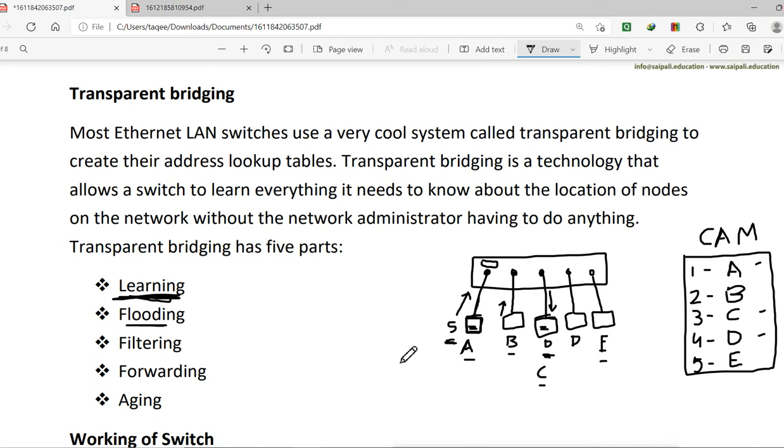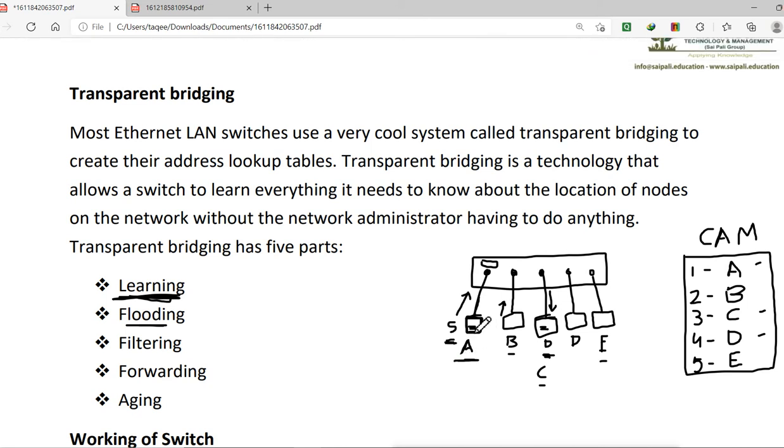One more time it will do the flooding, when a packet comes for the broadcast. Even when the CAM table is already created, suppose this machine sends a broadcast packet. That means the destination MAC address is the broadcast MAC address, which is FFFF, where all the values are F. Remember, the MAC address is a 48-bit address, and we write it in hexadecimal.